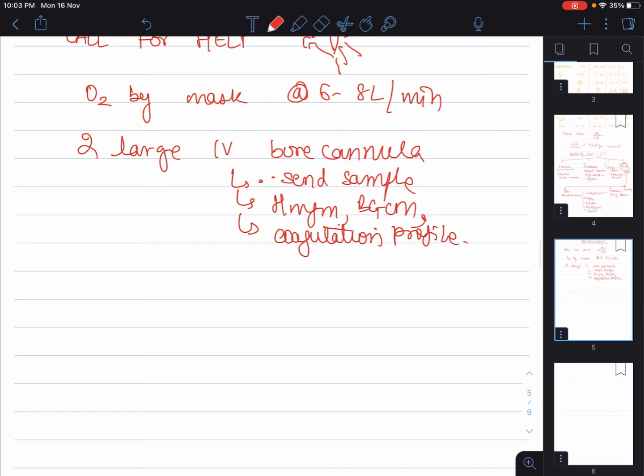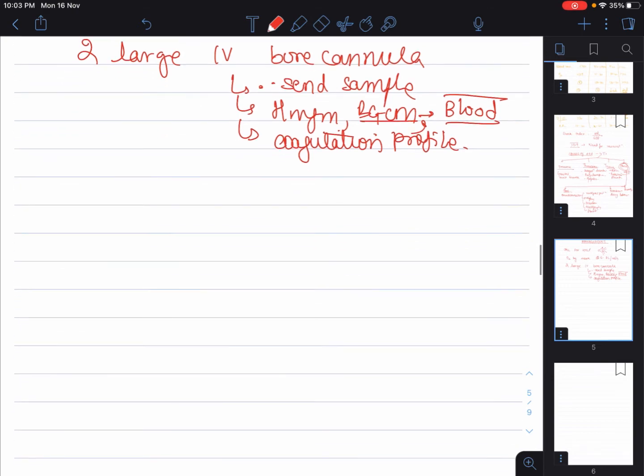Besides the fact that BGCM is being sent, you have to arrange for blood products. That is very, very important. Not just PCV, even fresh frozen plasma, platelets, whatever is required, you have to store it and alert the blood bank, right? Now another team member will be taking vital monitoring every 15 minutes, right?